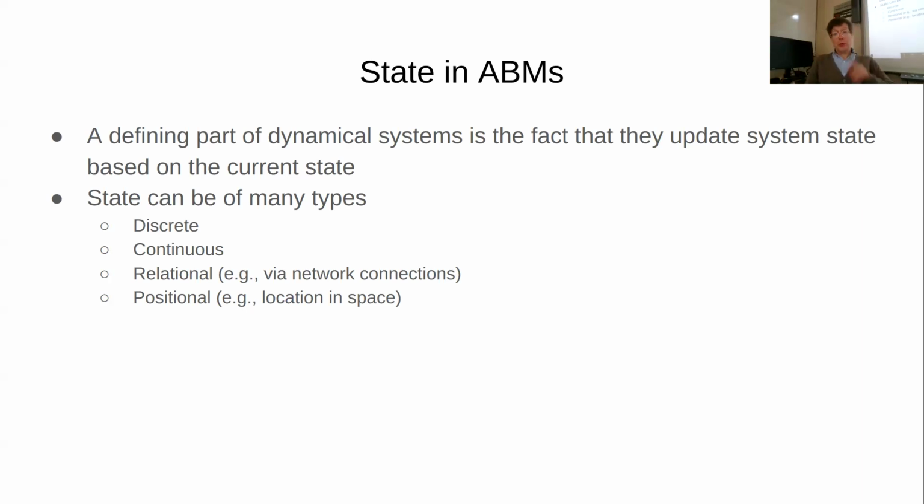And as we'll see, even for ABMs, we'll specify it in different ways, how it depends on the current state. But this notion of dependency on the current state for how things change is a common feature of all dynamical system specification traditions. Now, with ABMs,